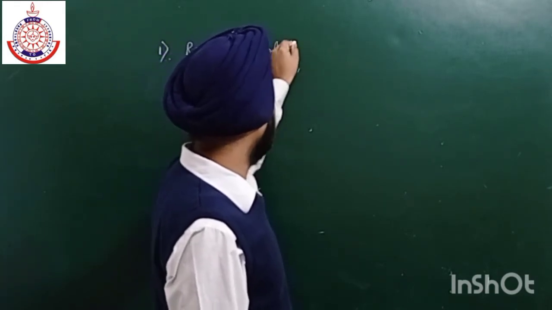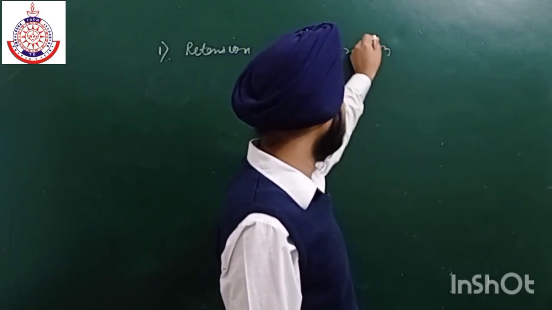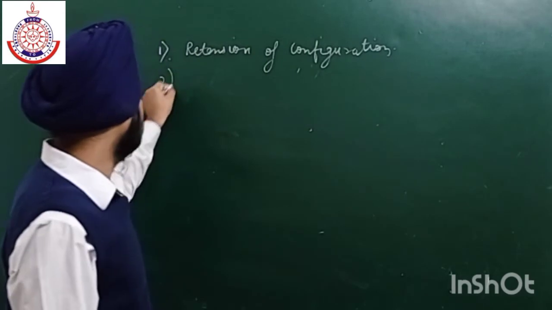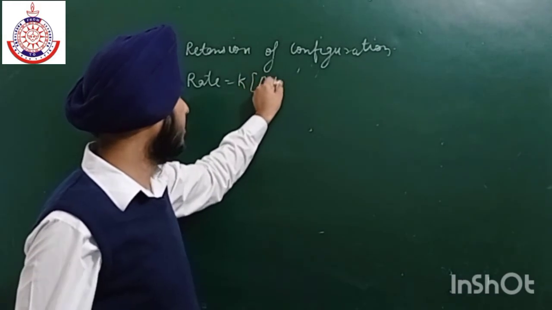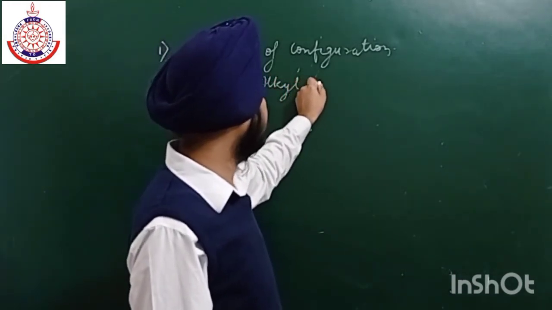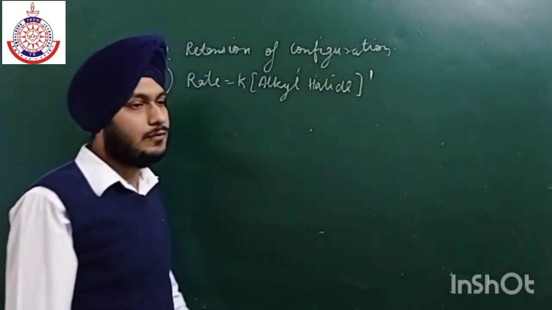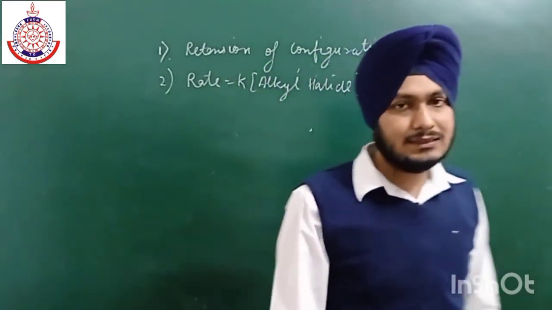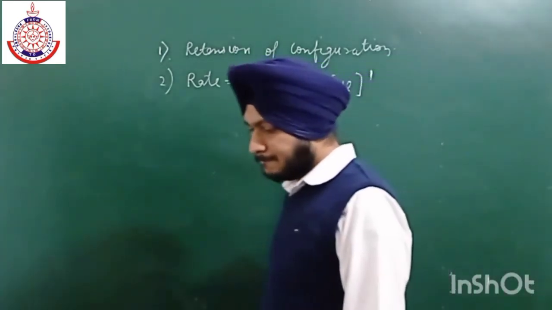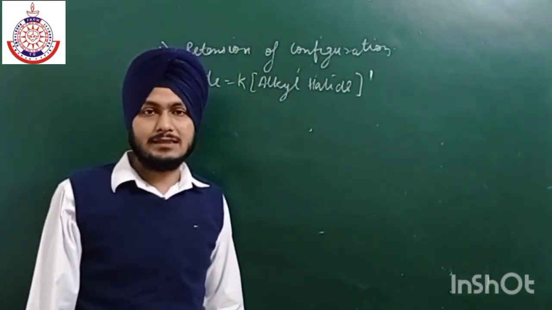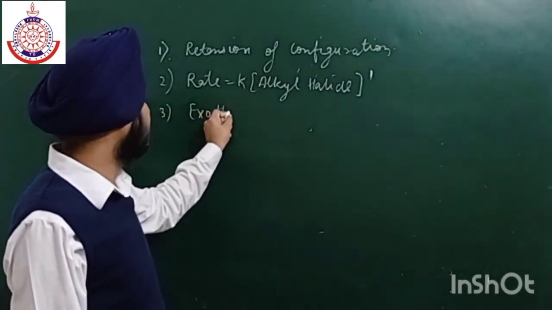Next is, as we all know, in the first step only the carbocation is involved, which is the rate determining step. So the rate depends just on the concentration of the alkyl halide, not on the concentration of the nucleophile. Now this reaction follows first order kinetics. Actually this step follows first order, but as we all know this is a complex reaction, and rate for a complex reaction is not defined.